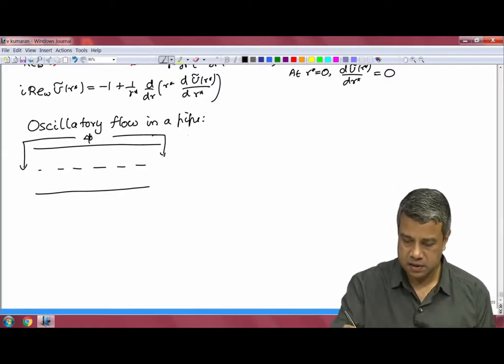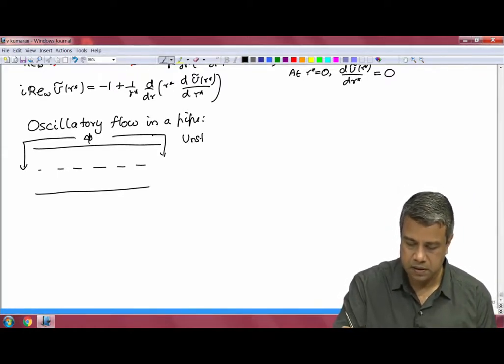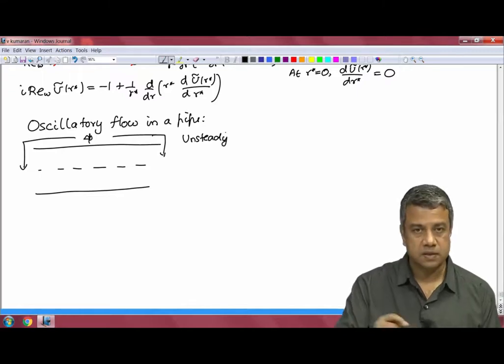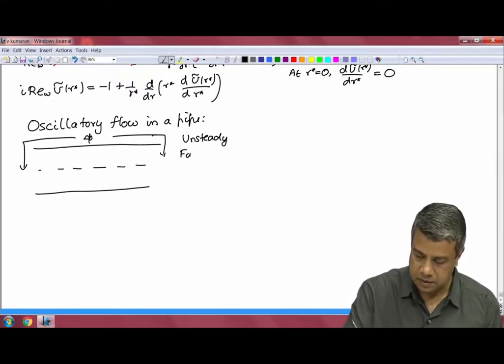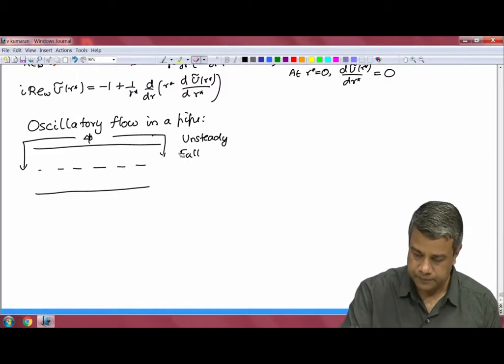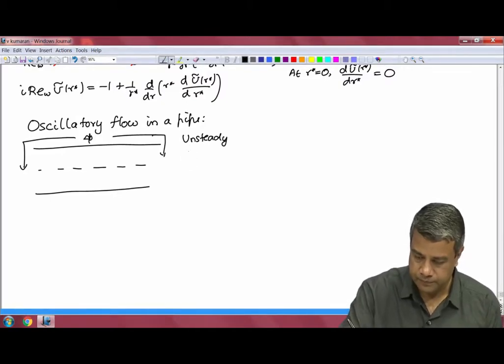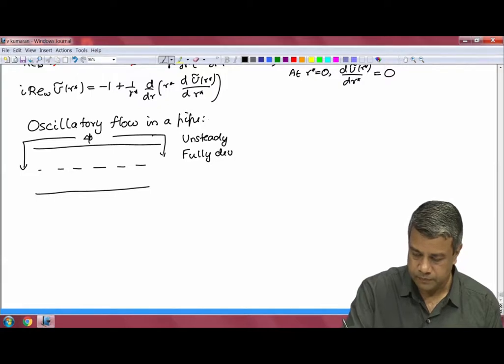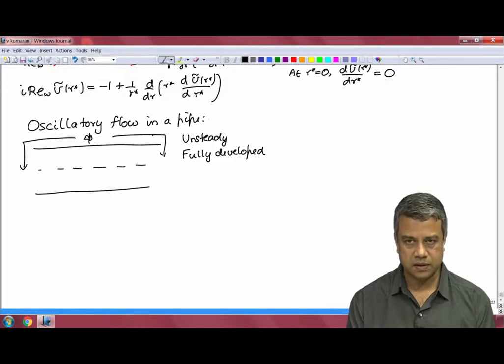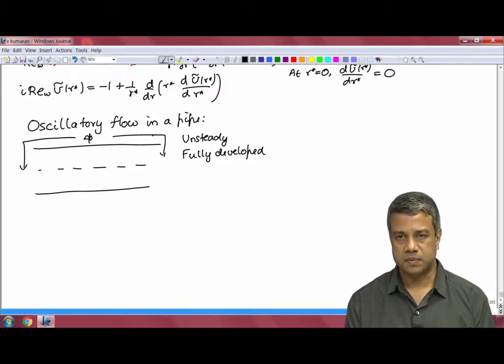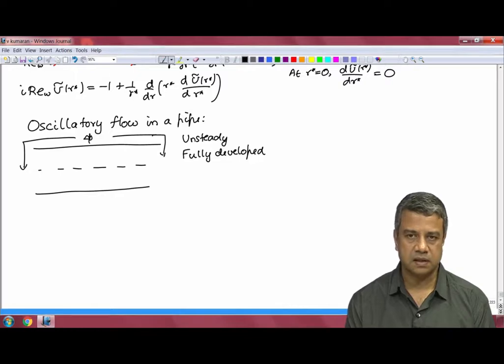So, this is an unsteady flow because the pressure difference is oscillating in time, but fully developed, that is, there is no variation in the streamwise direction. There is a pressure gradient in the streamwise direction, but there is no variation in velocity in the streamwise